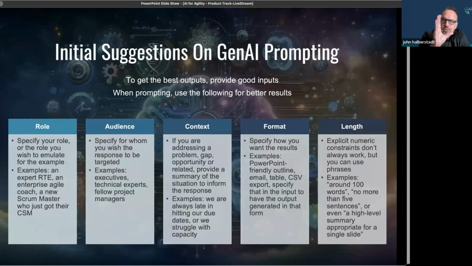However you want to specify what that length is, different audiences are going to zoom over and just tune out if you give them a 20-page document. So think about your audiences and what they want, but you can use things like 4 bullet points, 3 pages, whatever the case may be. Any of those sorts of things, you can see some examples there, but specify that. That will help really frame what responses you get so you don't have to go through and refine that. Let it do the heavy lifting for you.